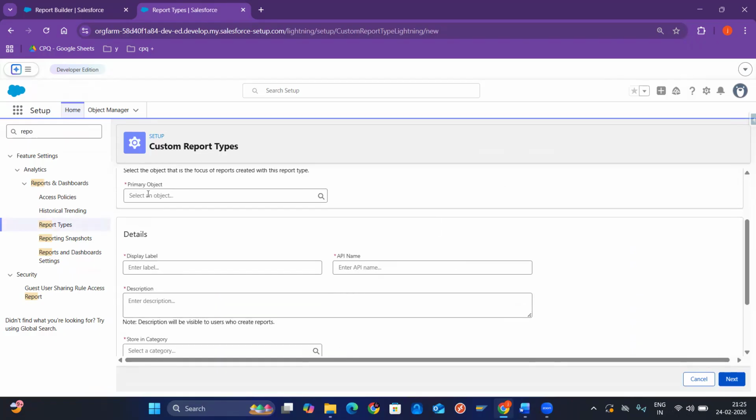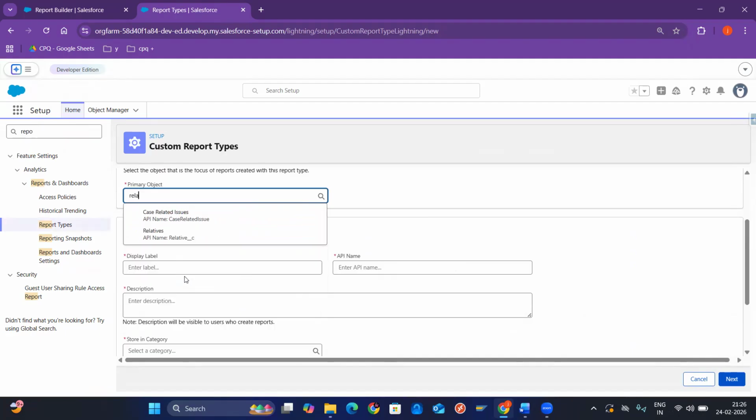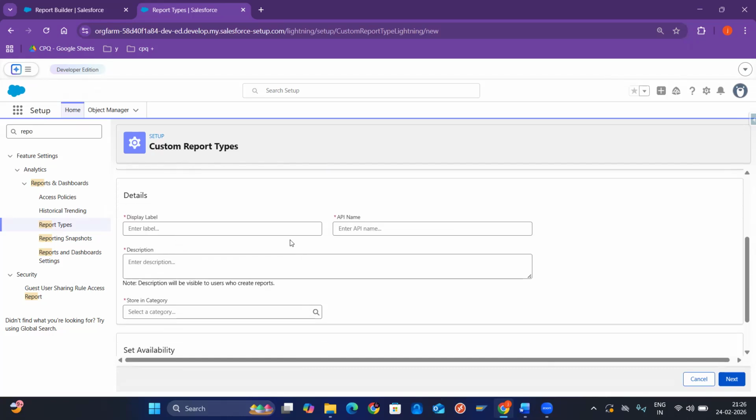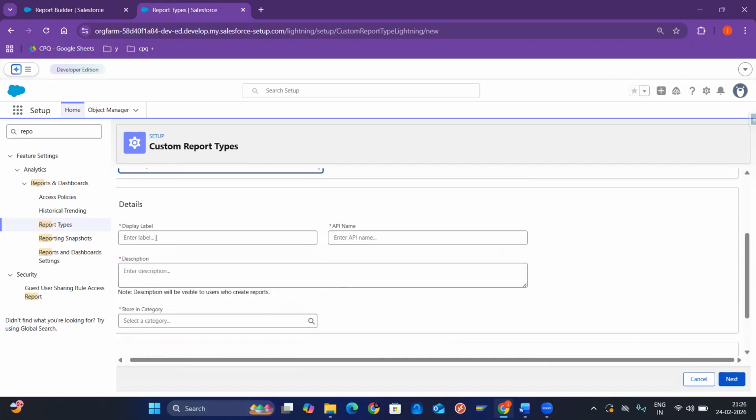Now, on which object do you want to create the report? For example, Relative is the object. On the Relative I want to create the report. That is the primary object. Now on the next one, for the particular use case, what is the display label and what is the API name? For example, a Relative